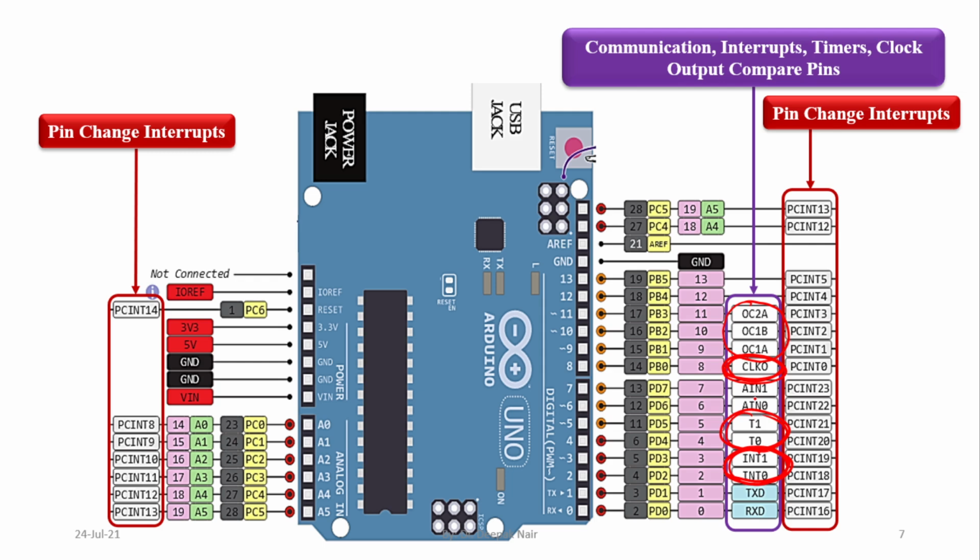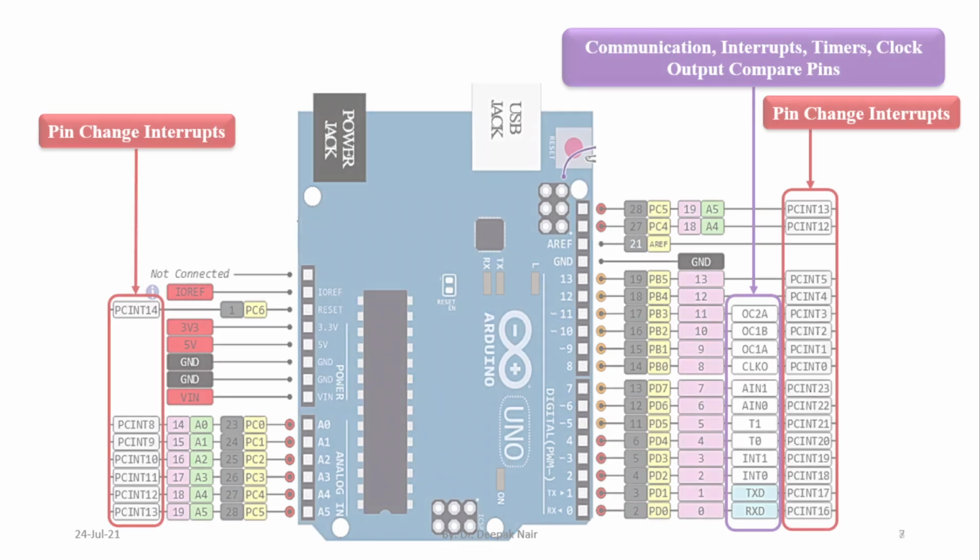Analog AIN1 and AIN0. Similarly, we can use these two pins for providing analog input 0 and 1. So in general, we can use these pins for communication purposes. For communication, we can use TXD and RXD, which are used for serial communication. In general, we will call it UART. We will explore all these pins in the coming videos.